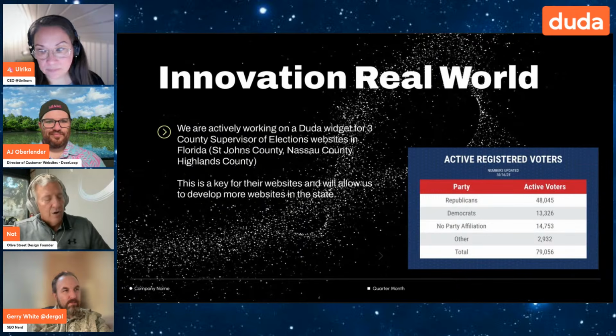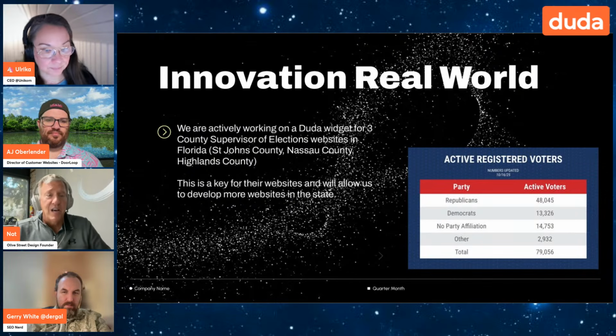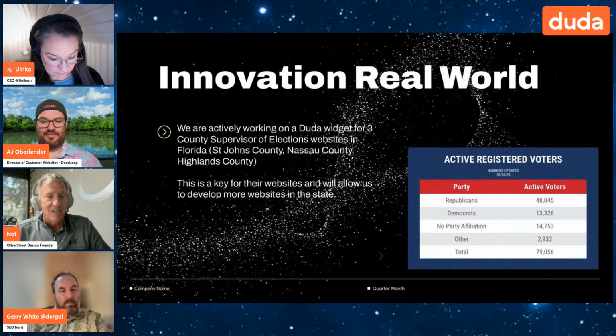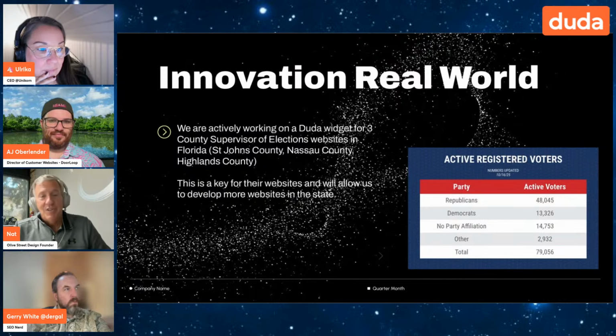In the state of Florida, the development company that had every website for the county elections, there's 30 or 40, I don't know, there's a lot of them, I'm probably close to the amount, they're not doing it anymore. They dropped it. So all the county elections had to get new websites. They had this piece of code that they're not sharing and won't give to anybody. This is the key to the website.